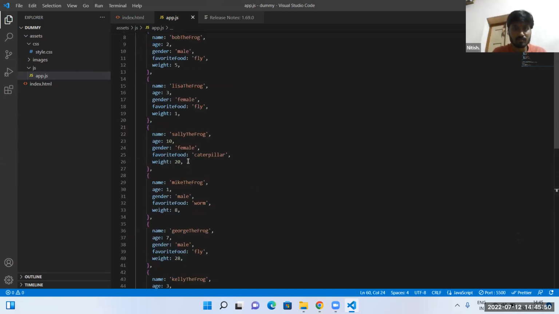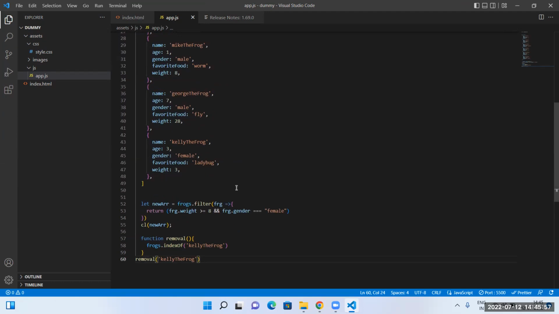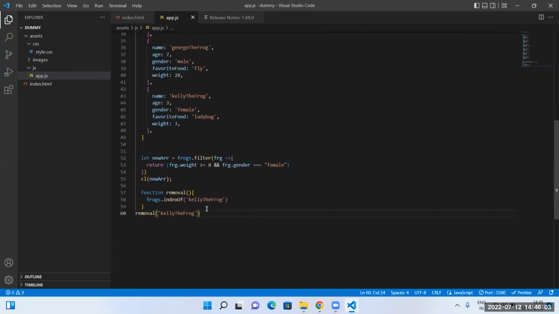You have to find the index first on the basis of name, and then simply delete it. You will use indexOf, but how you will use that, you have to think. Take your time.